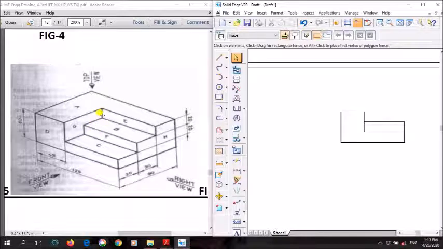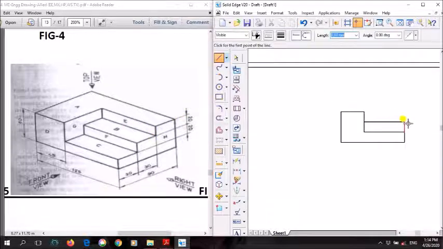Above this there is another rectangle, this is the final rectangle. Its length is the same, 80, and its height they have given as 20. Same way as earlier, from this corner draw a line using a thick line in the upward direction, 20 mm, and then finally join it. So this is how the front view looks. Here this plane is visible and above that two rectangles. We just extended this, and on the left side extend from this corner upward. Like this you need to draw the front view using thick line.